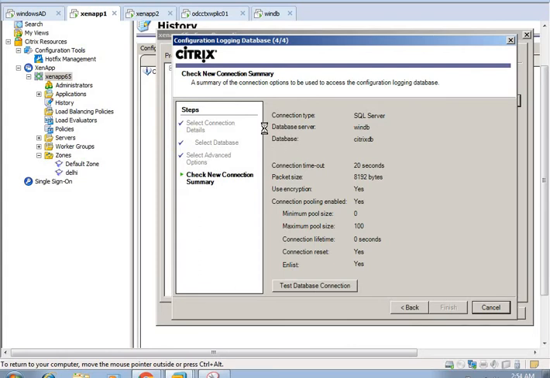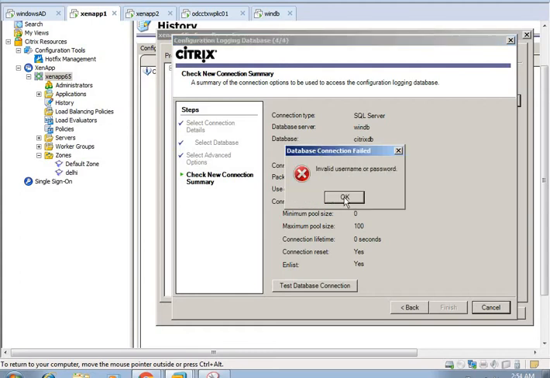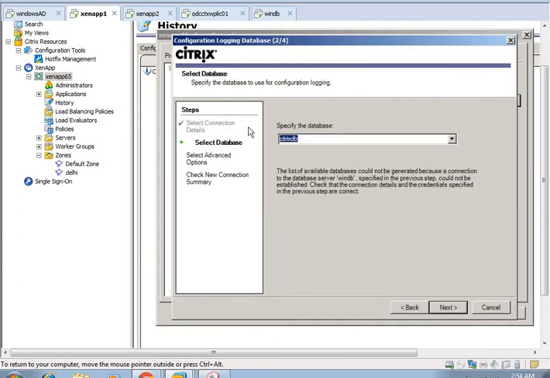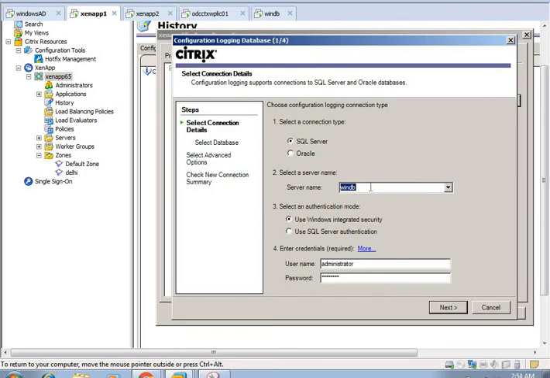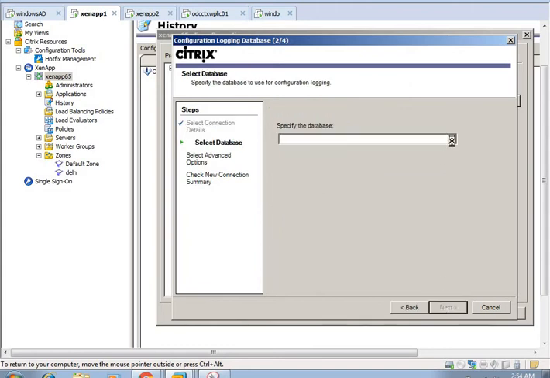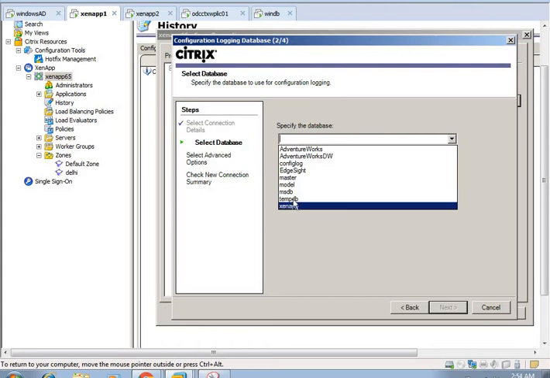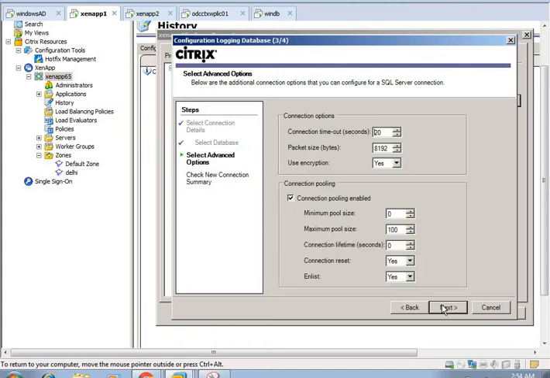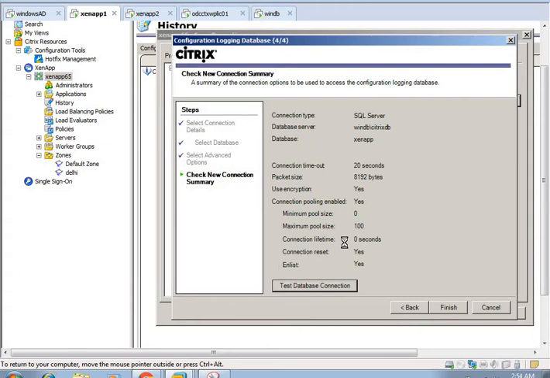Okay, I made a mistake over here. The database server is WinDB/CitrixDB, and the database name is Citrix. Then app, windb/citrixdb. It's showing the database now. Then next, next, test configuration.